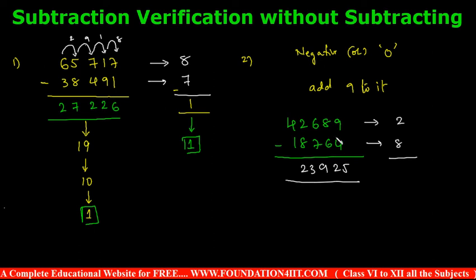So when you do the normal subtraction, 2 minus 8 is minus 6. If you get a negative number or 0, just add 9 to this. Minus 6 plus 9 is 3. Let's confirm whether we get the same 3. 2 plus 3 is 5, 5 plus 9 is 14. 14 is 1 plus 4, so 5. 5 plus 2 is 7. Again plus 5 is 12. 12 is 1 plus 2, which is 3. So it matches.